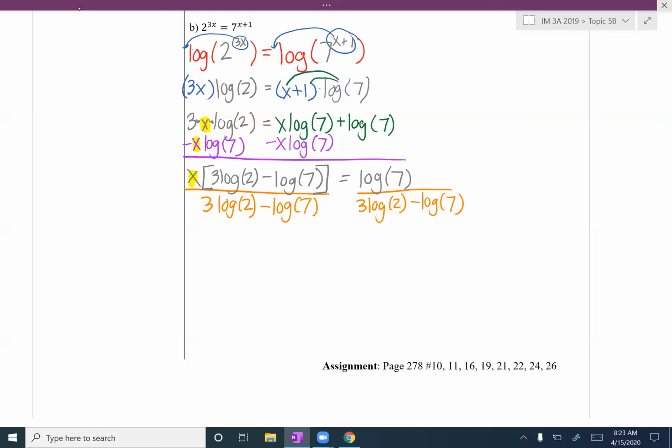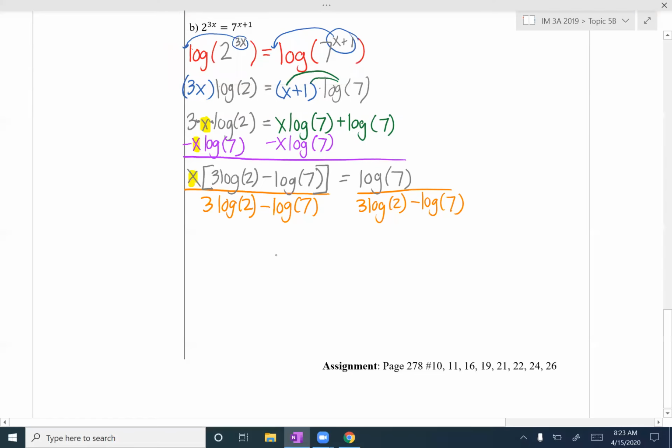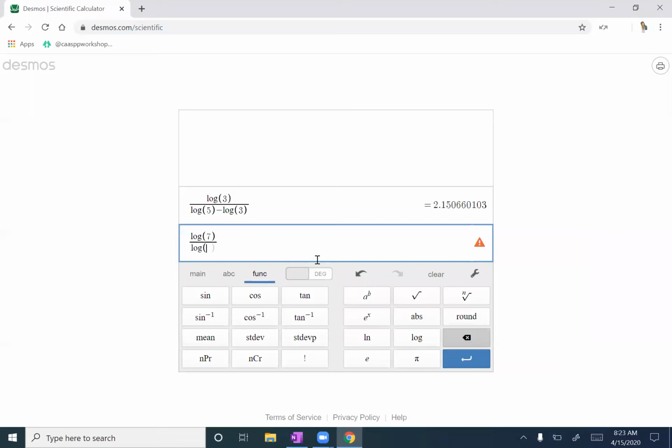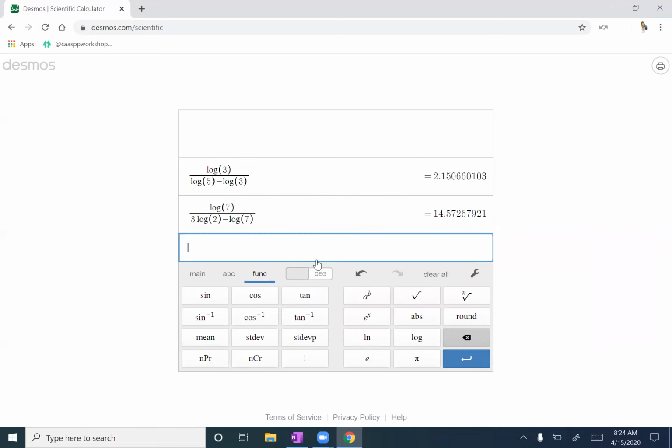So for x, that gives us the equation x equals log of 7 divided by 3 log of 2 minus log of 7. So then if we calculate that to get our approximation, we're doing log of 7 divided by 3 log of 2 minus log of 7. And so that gives us